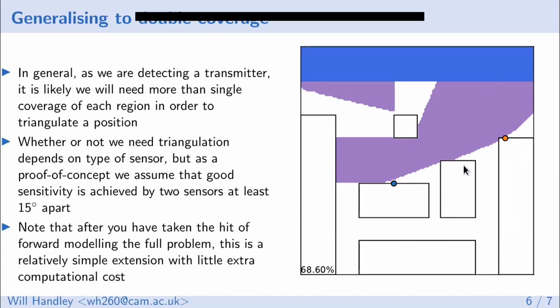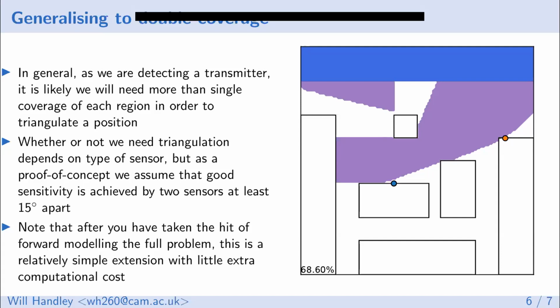And importantly, one of us spotted that it was rather pertinent that we wanted to avoid something where, for example, if you put two sensors directly next to one another, those would then get paired views of everything. So we also applied a constraint that all sensors must be at least 15 degrees apart. Now, to be clear, this is very much a proof of concept approach. This is not a final decision.